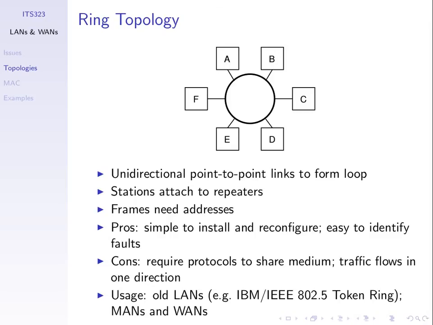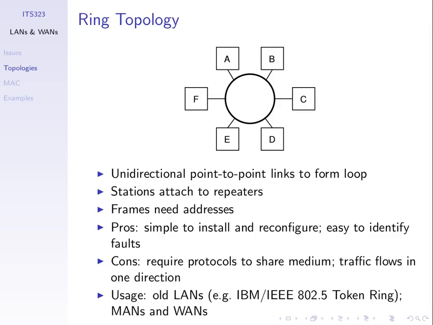It was used in old LANs. So there was something called token ring. But in wide area networks and across cities, metropolitan area networks, it's still common where there are multiple rings in both directions, and it supports fault detection quite well in that if there's a fault, if we send data,